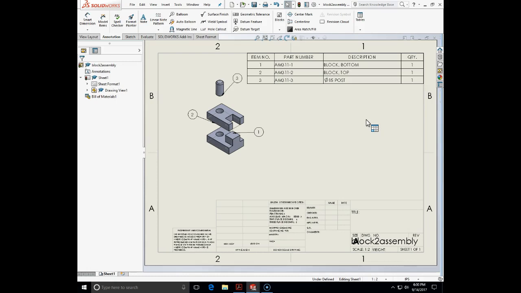However, many times I want to have different items in a bill of materials. I want to add some columns. How to add the columns in a bill of materials? You need to right-click on the column to which you want to insert. Let's say I want to insert a column in between the description and quantities, which will be called materials. So I will click on block bottom,